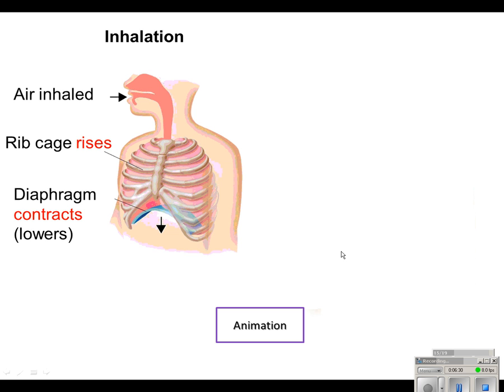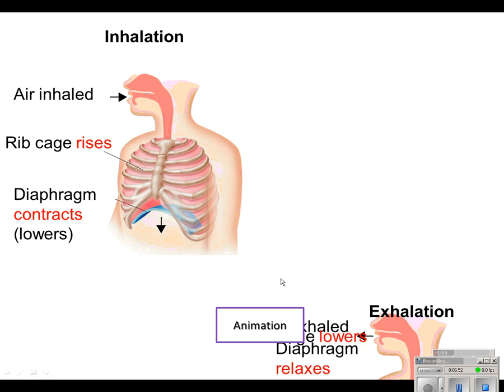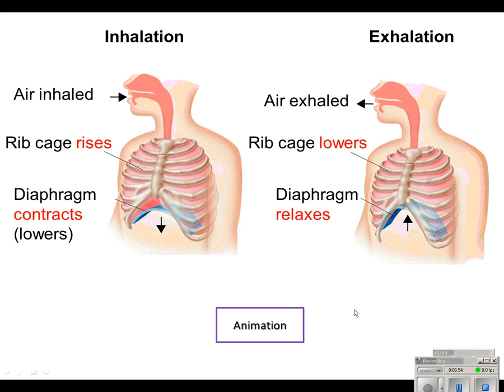When we inhale, or bring air in, the rib cage rises and the diaphragm contracts and comes down so that the lungs can fill up. So if you take a deep breath right now, keep your hand at the base of your ribs. You can feel your rib cage expand and rise, and that muscle at the bottom is tightening and coming down. The opposite happens when we exhale. The rib cage lowers and the diaphragm relaxes, and when it relaxes, it goes back up, so it pushes the air back out of the lungs.